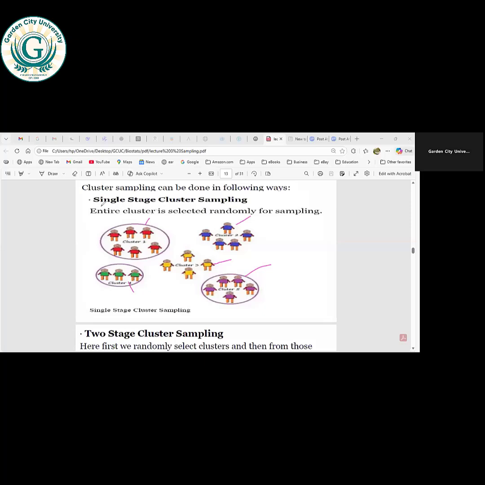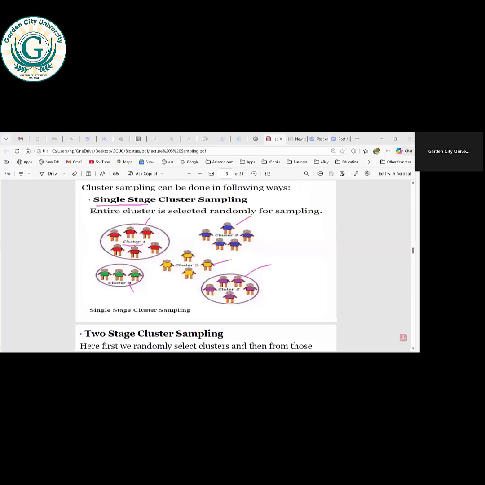If I'm going by single stage cluster sampling, I will randomly, by simple random sampling, select a cluster. If I choose cluster 1, which here is Upper East,